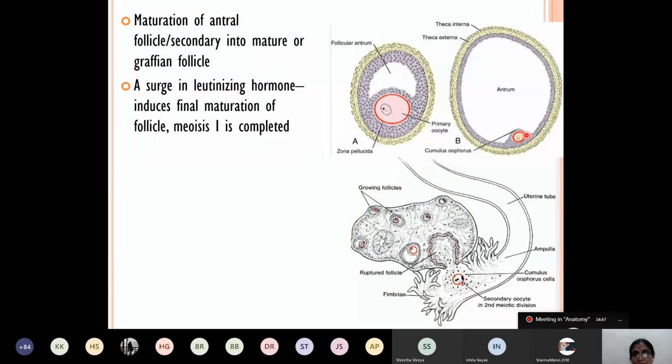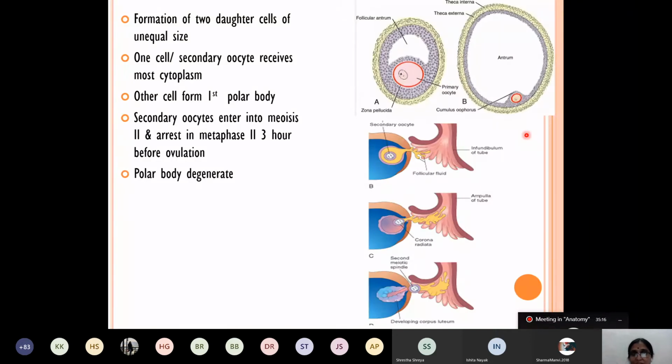So my dear student, in oogenesis, one primary oocyte gives rise to only one mature oocyte, and how many polar bodies? 2 polar bodies. In the case of the male, one parent cell will give rise to 4 spermatids. In the case of the female, only one oocyte gives rise to how many mature oocytes? Only one. That is the main point. You should always remember. So this is the reason there is a high chance of chromosomal abnormality as the maternal age increases. Okay, chromosomal abnormalities in the case of the fetus or the baby as the maternal age increases. This is the main factor.